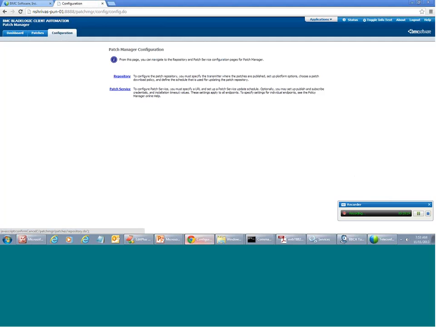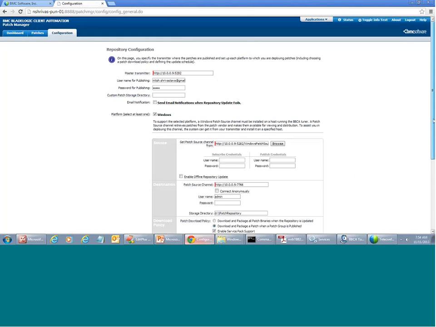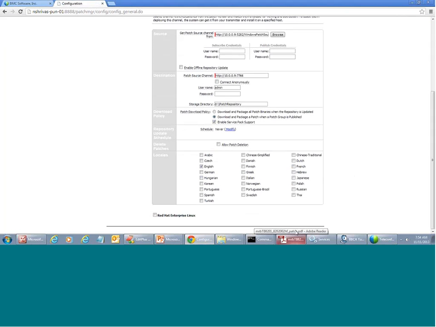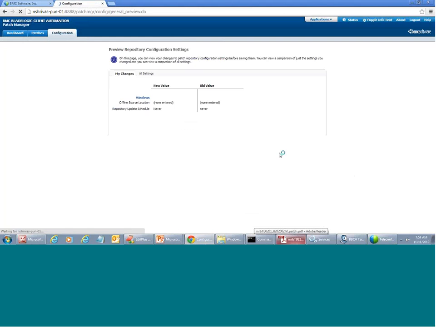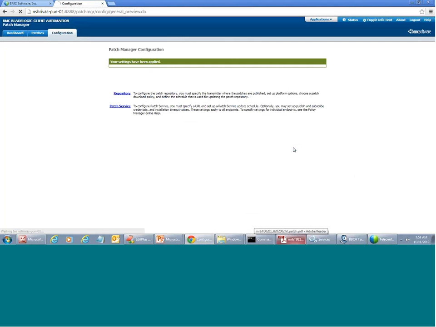Make sure when you copy WPS channel, you go to repository configuration and republish your configuration. It is very important because the whole settings need to be preserved. So this step is very important. Every time you override WPS configurator on your transmitter, you need to come to repository under configuration and just publish it once again. As I mentioned, if I come to this manage patch repository,